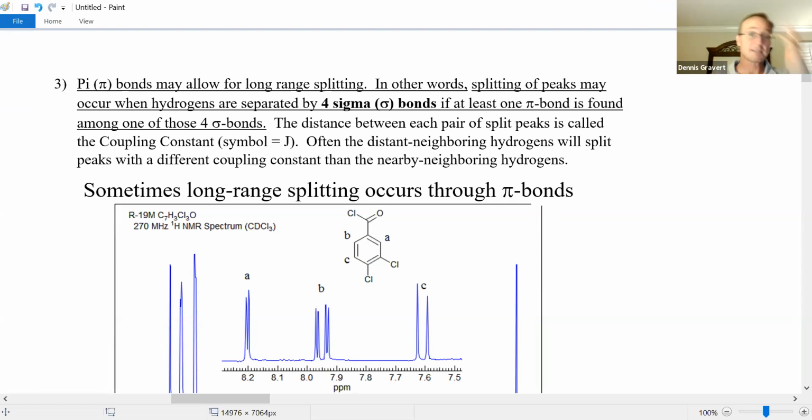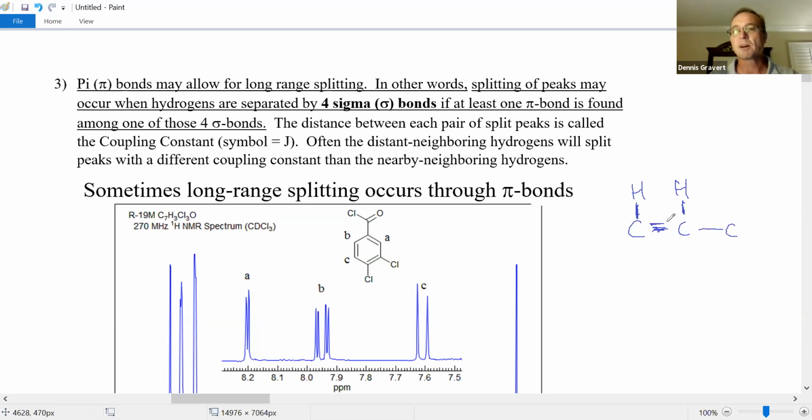This is pi bonds that can allow for long-range splitting. Now, what do I mean by that? Well, normally hydrogens have to be on adjacent carbons in order to split each other. They need to be separated by 3 sigma bonds. Well, it turns out